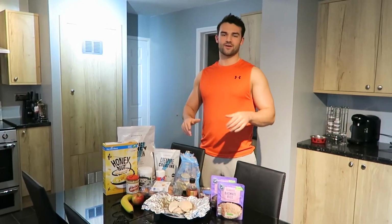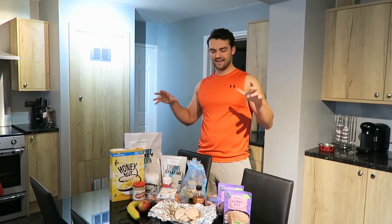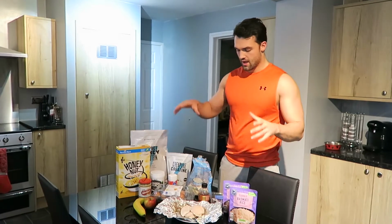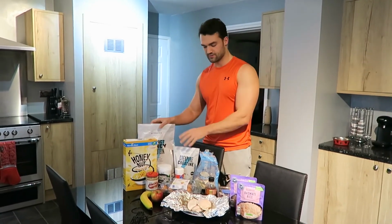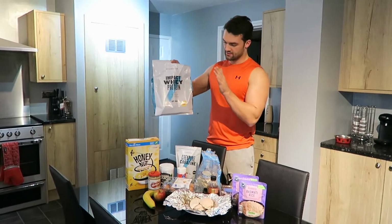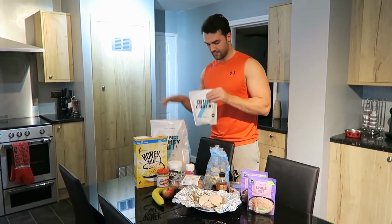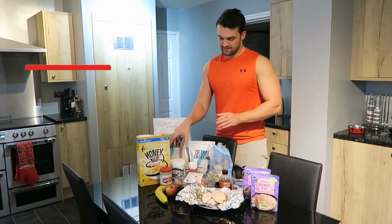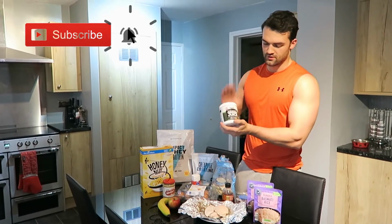So I'm back from work, long day. I'm just going to go through quickly what I ate in a day when I was on my bulk. First thing would be my protein shake, which would be this Impact Whey protein from My Protein with creatine. And then the magic ingredient that you saw in the shake this morning is this Organifi green